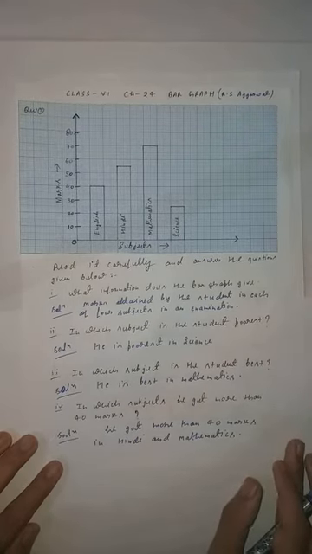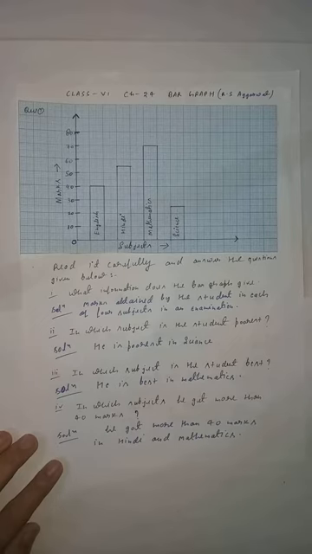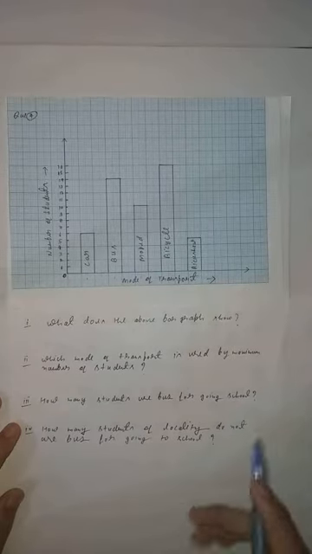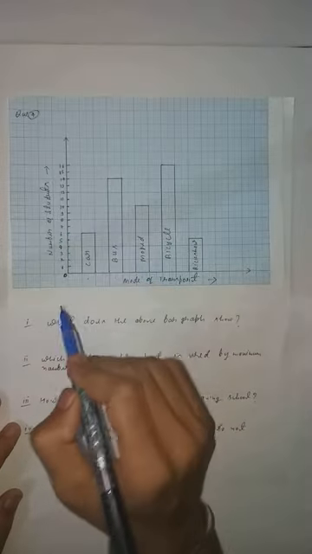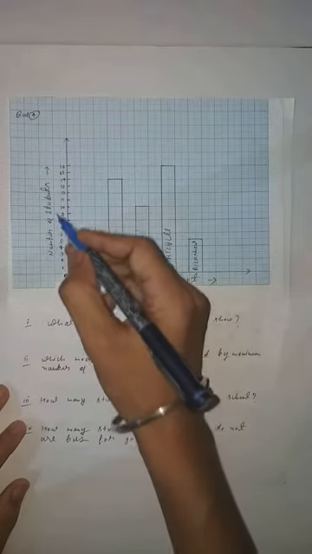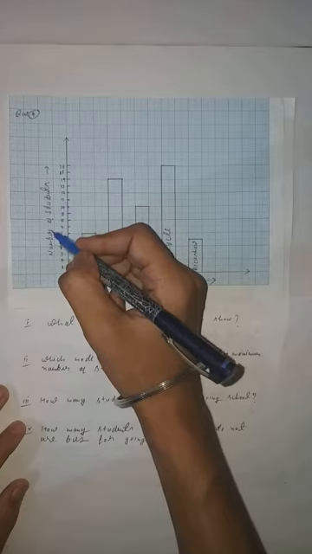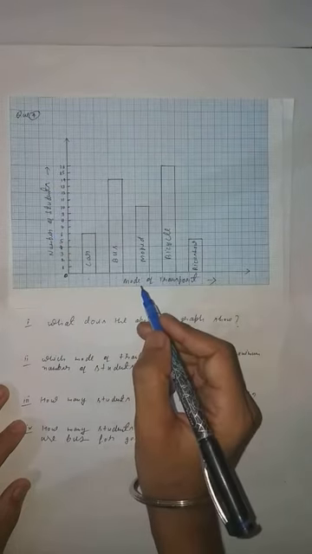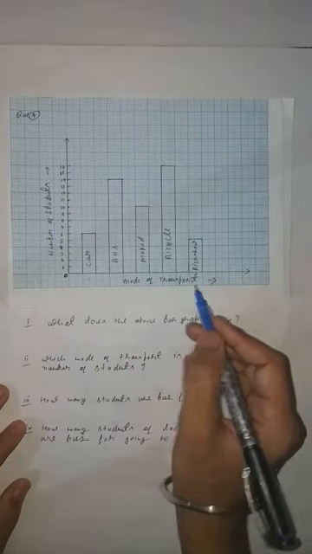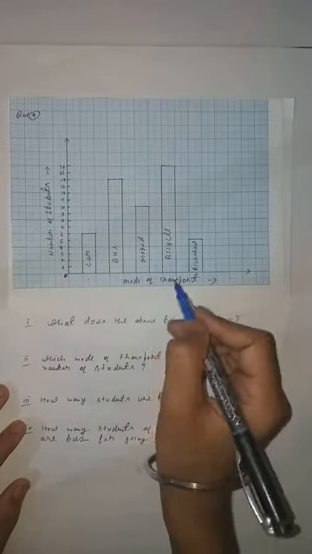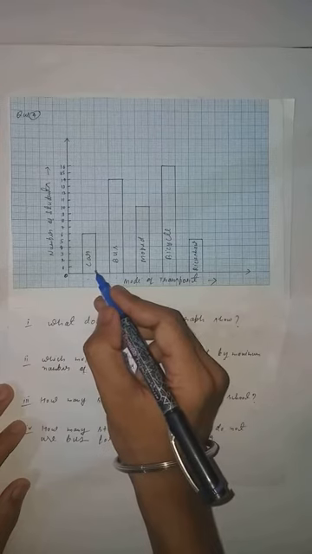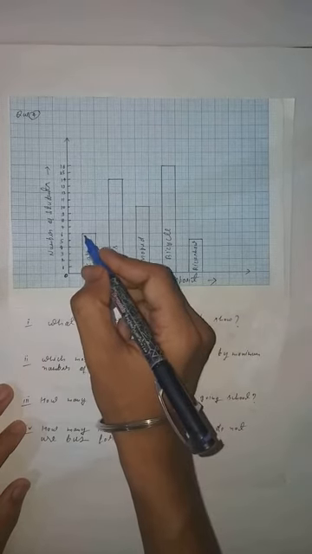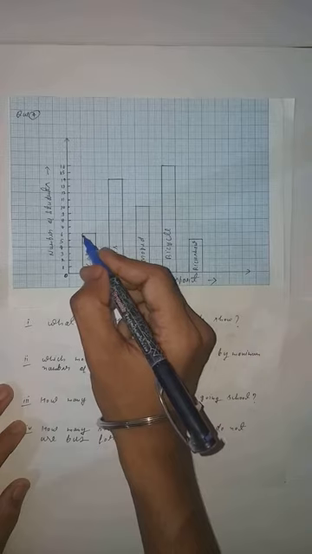Clear student? Now we have to see the next question. Now come to the next question, student. This is question number 4. The pattern is the same, only a little change in the bar graph. So what is given? In the bar graph it is given number of students. Clearly you can see number of students on the y-axis, and next is mode of transport. Clear student? Means which transport the students are using. So first is given what? First is given car. So how many students are using a car? Here you can easily see 6 students because the bar lies on 6.